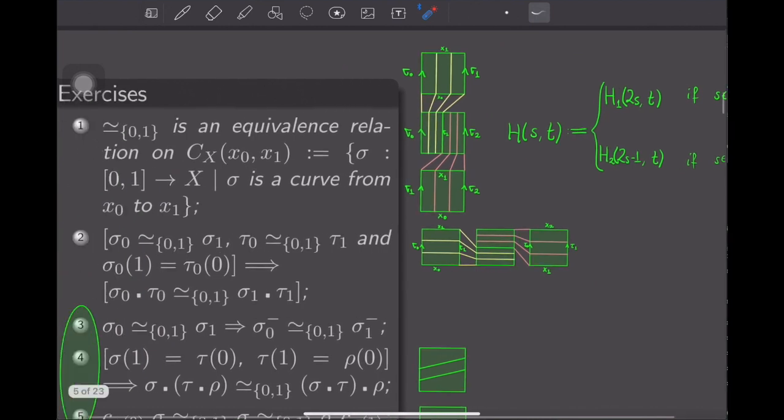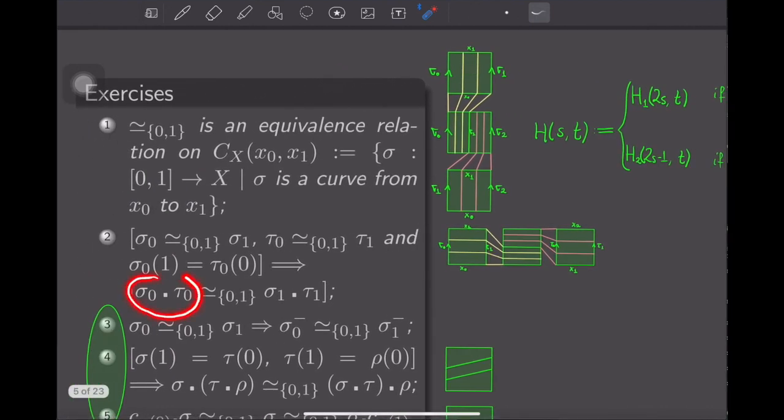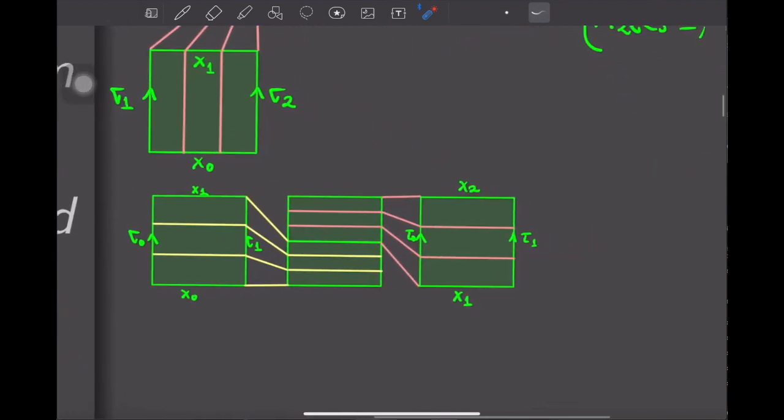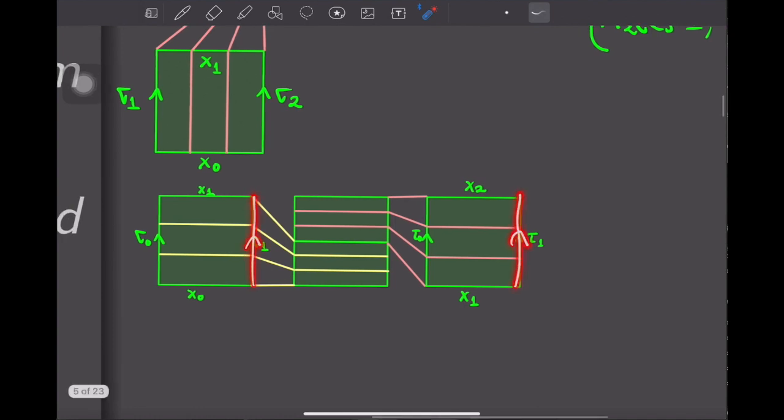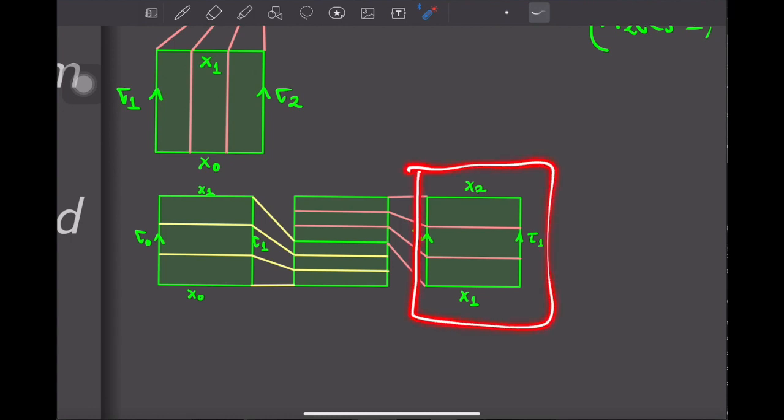And moreover, I want to concatenate, right? So first traverse sigma naught and then tau naught, and first traverse sigma 1 and then tau 1. So first sigma naught and then tau naught, and on the other hand sigma 1 and then tau 1. And so what comes to my mind is to put this square on top of the other square here,